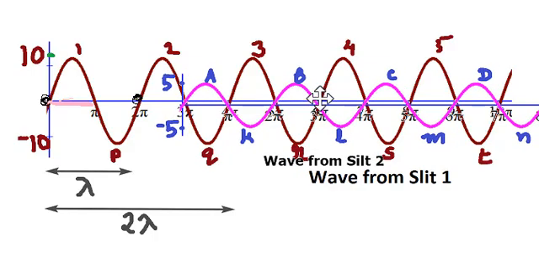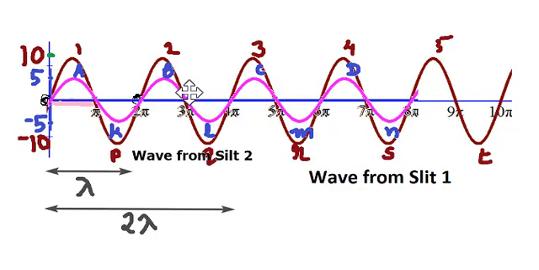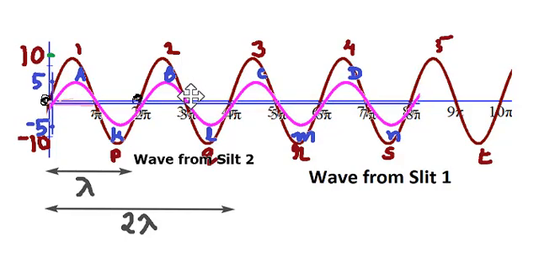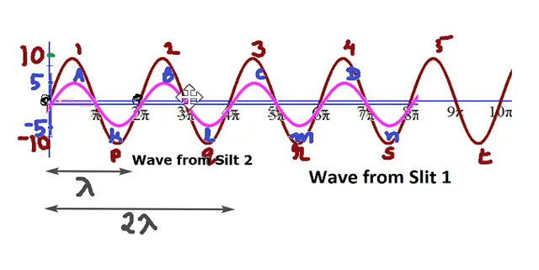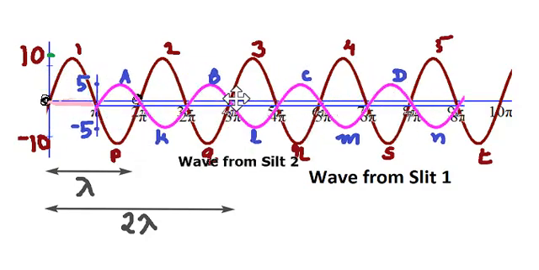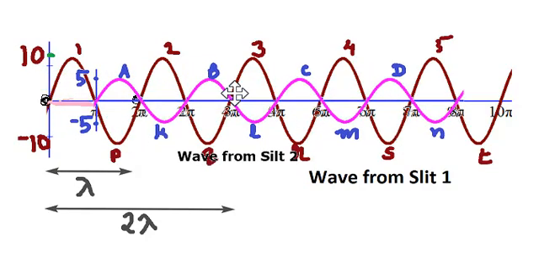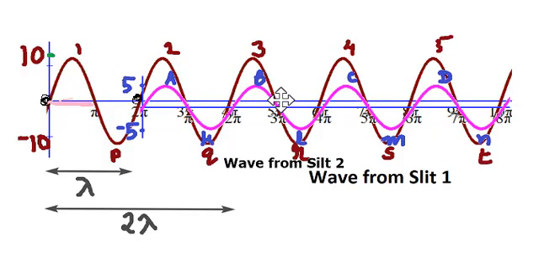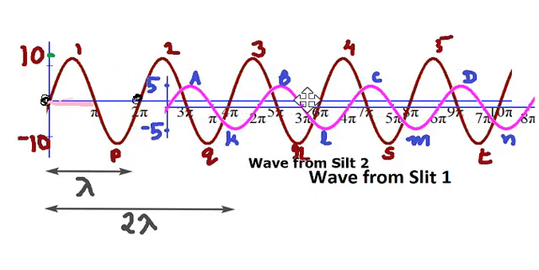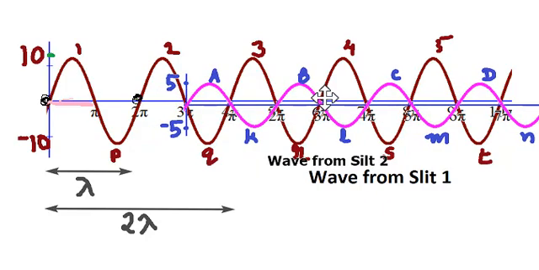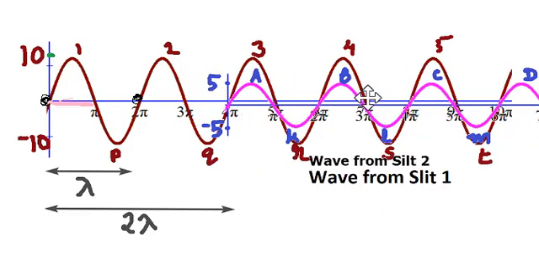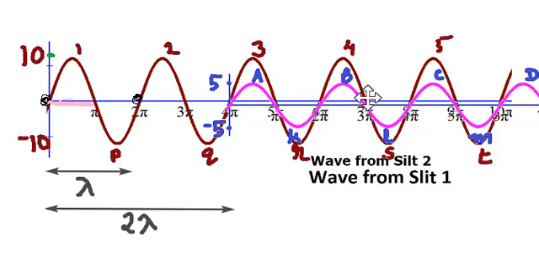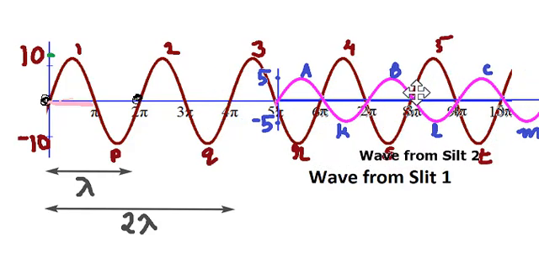I am not satisfied. I am again telling you that the difference in the distance traveled is what you call path difference. If the path difference delta x is 0, this is the picture. If the path difference is lambda by 2, this is the picture. If path difference is lambda, this is the picture. If path difference is 3 lambda by 2, this is it. If path difference is 2 lambda, this is it. Path difference is 5 lambda by 2, this is the picture.